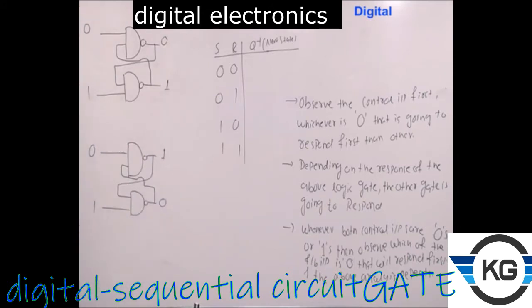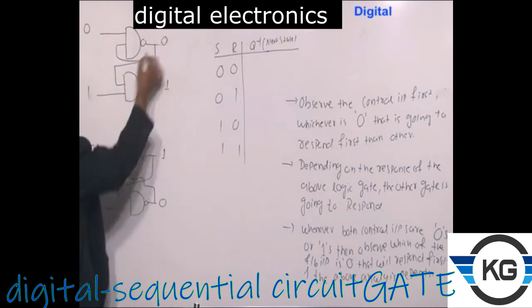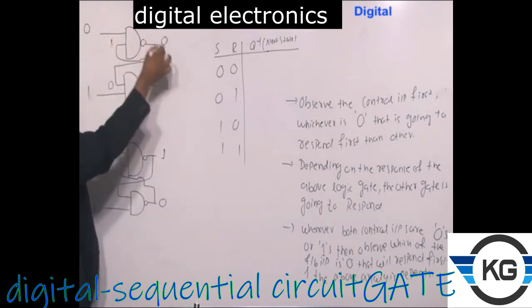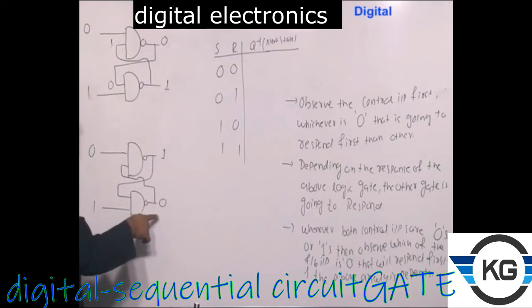So now let us analyze. This is the condition you have initially given here, 0,1. I will come to 0,0 and the other cases later. If this is 0,1, then this will be 0 and this will be 1, because the same wire has been connected. So here this is 0 and this is 1.